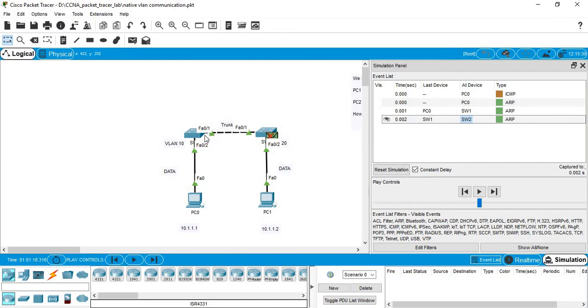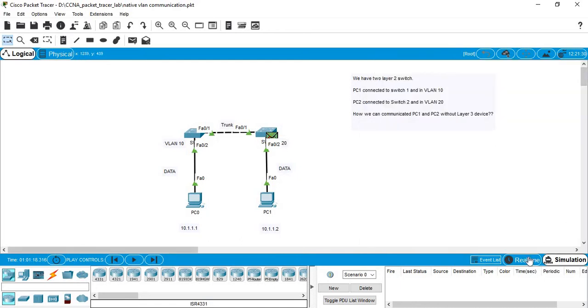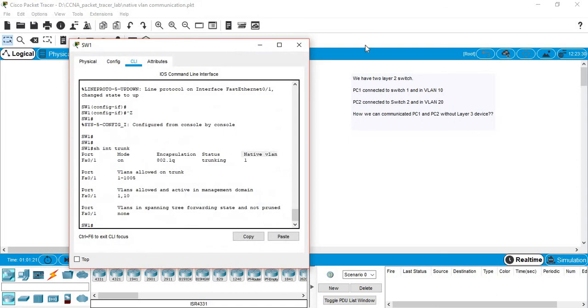What we'll do is make native VLAN 10 on F0/1 of switch 1 and native VLAN 20 on F0/1 of switch 2. Then it will work. So how will we do it? We will close the simulation mode.